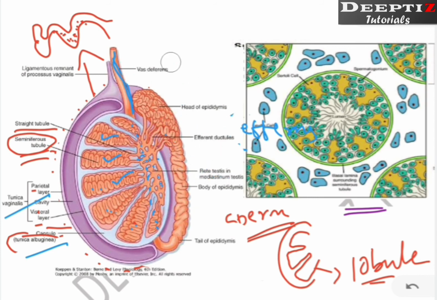So let's locate the pathway of this one. From where the sperm start producing, from the seminiferous tubule through the straight tubule it reaches the rete testis, then through the efferent ductule or vas efferens it reaches the head of the epididymis, body, tail. So this is the way. Then through this it reaches this vas deferens, which goes behind this way. Through this the sperm is going to travel further.